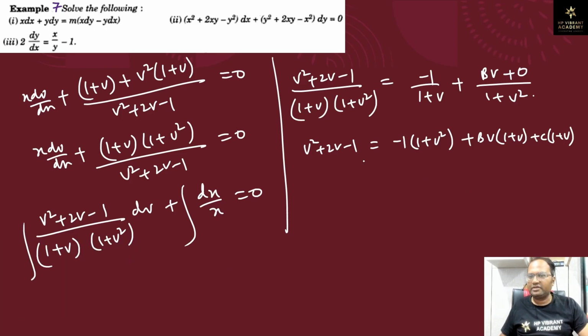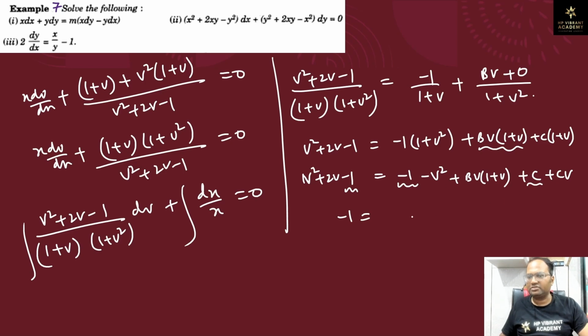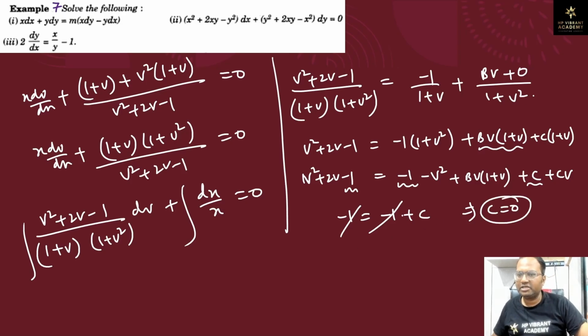अब देखो कांस्टेंट का वैल्यू क्या है, देखो 1 प्लस v स्क्वायर प्लस 2v माइनस 1, ठीक है, इज इक्वल टू, दिस इज माइनस 1 माइनस v स्क्वायर. यहाँ से तो कांस्टेंट नहीं आएगा और यहाँ से कांस्टेंट आएगा, तो ये हो गया b v (1 प्लस v), ये हो गया प्लस c v. ठीक है, देखो कांस्टेंट क्या है, माइनस 1 इज इक्वल टू, यहाँ पे कांस्टेंट है यहाँ पे c, तो माइनस 1 प्लस c, तो ये कैंसिल हो गया, तो c की वैल्यू 0 आ गई. ठीक है, अब हमें क्या निकालना है, ये तो 0 हमने निकाल ही लिया है ना. अब b का वैल्यू निकालना है ना, b का. ये कैसे निकालोगे, देखो